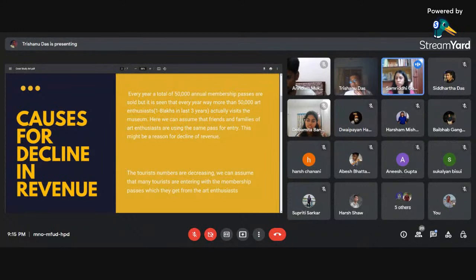Got it. So within the peak tourist season, you can plan something in the museum. Yes, Shamridhi, can you please repeat again? Maybe during the peak tourist season, you all can plan something in the museum. Maybe that will attract a footfall more than campaigning in schools and colleges, because that again adds up to the student population. Yeah, Harsh, go ahead.